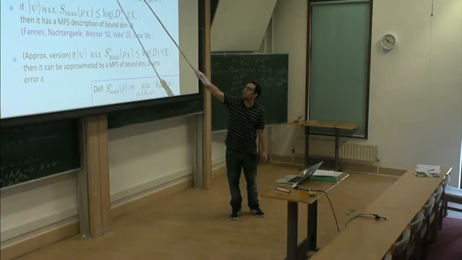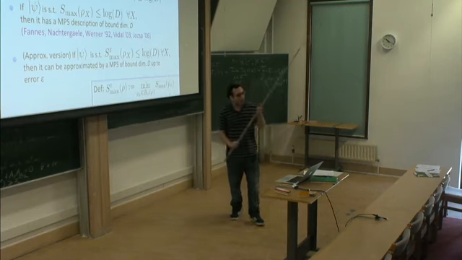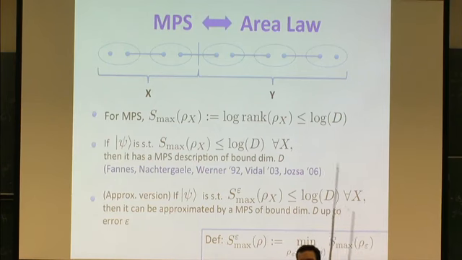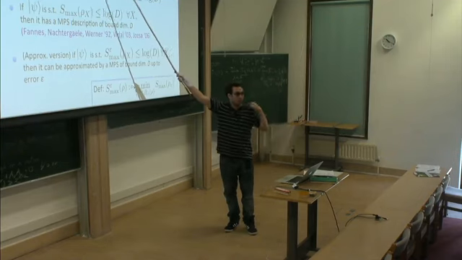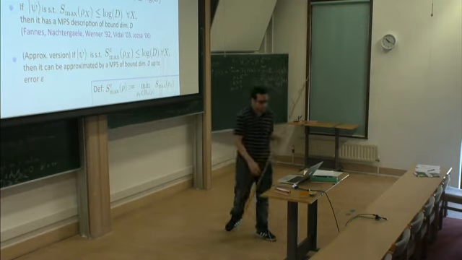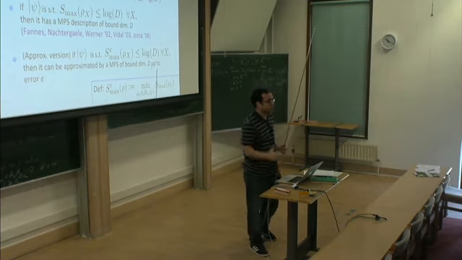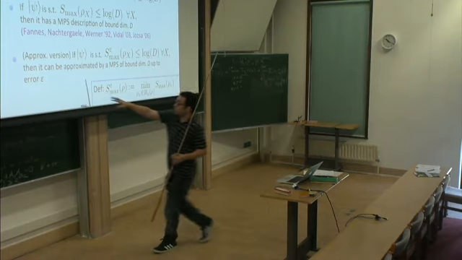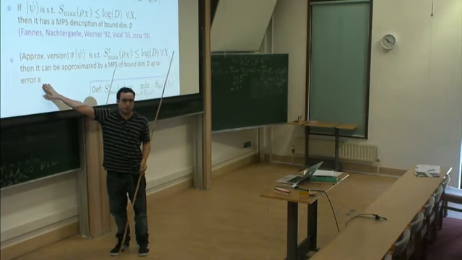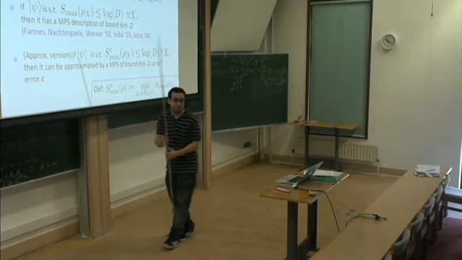What I would like to tell you is this equivalence. Area laws are interesting because if you have them, then you have this kind of parameterization, which is very useful. Any questions? What was the n you mentioned? Yeah, the error should be epsilon times n, actually. n is the number of particles, the number of spins.